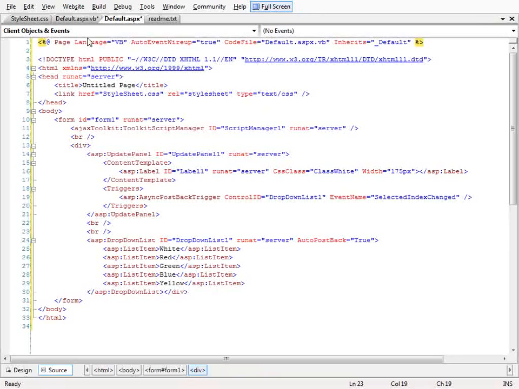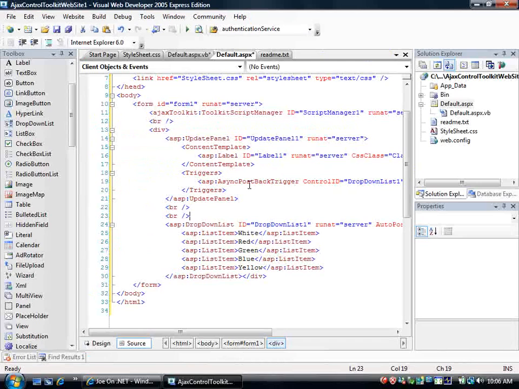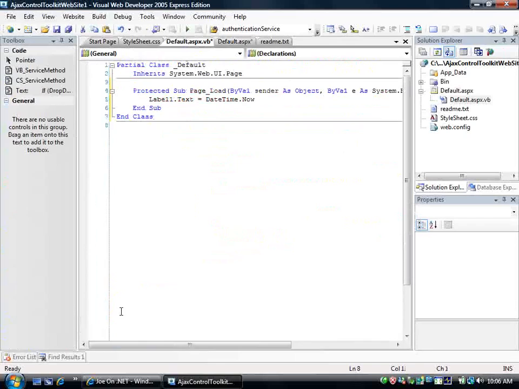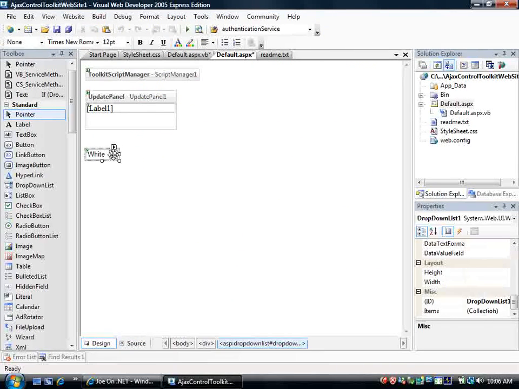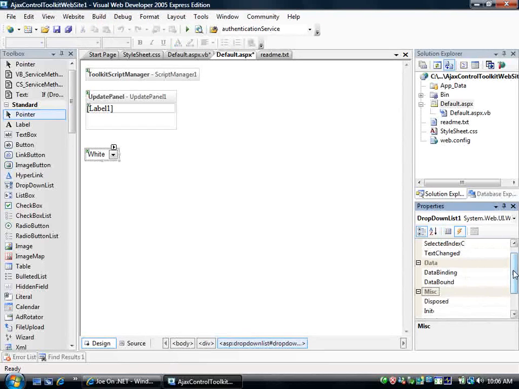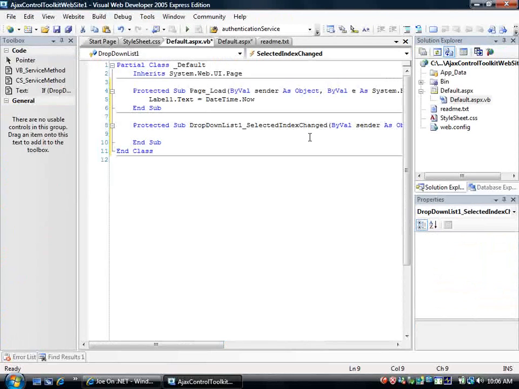Now, since we want something to happen when this update panel gets updated, let's hop back over into design mode here for a second. Look at the drop-down list, switch to event view, and generate an event for selected index changed. And what we're going to do here is dynamically update the background color of the Label1 control. So let's say if